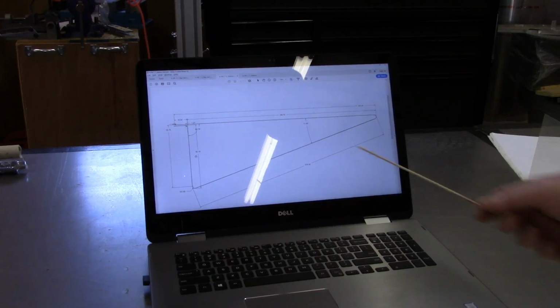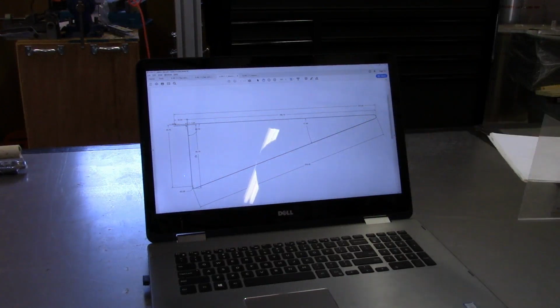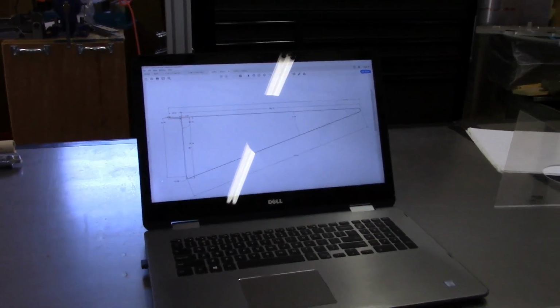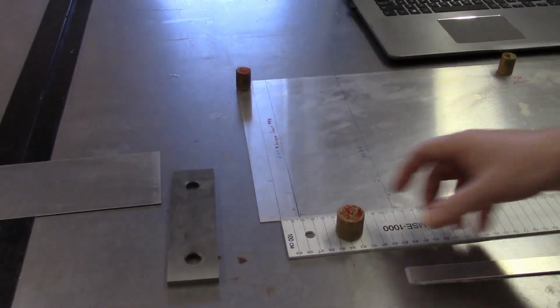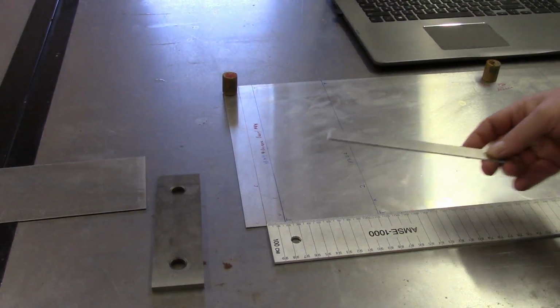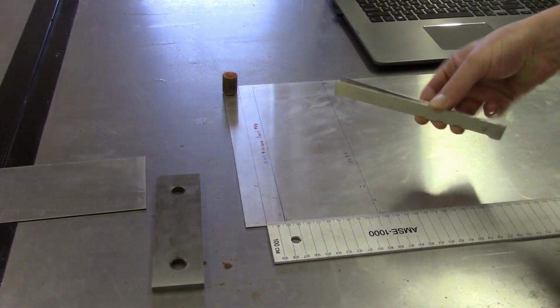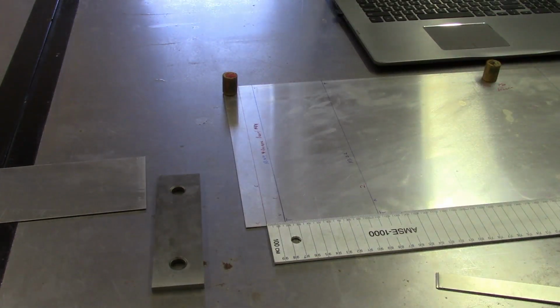Now, one thing we do have here is that this bend is in the opposite direction to the other bend. So I've got to do a bend from the back side when I do this, and of course that means I have to be able to transfer lines as well. One of the little tools that I've put together that helps with this type of situation is nothing more really than a couple of strips of aluminum that I've riveted together, and I've got the edges even, and what that allows me to do,